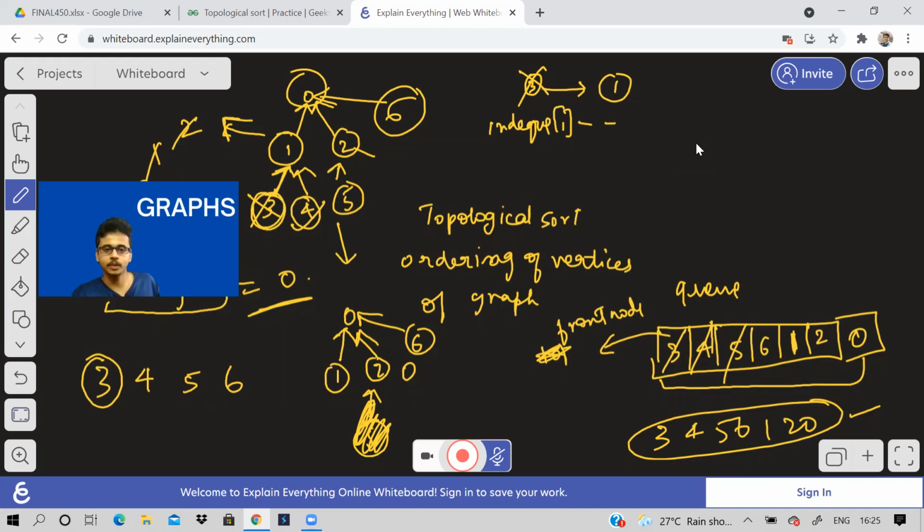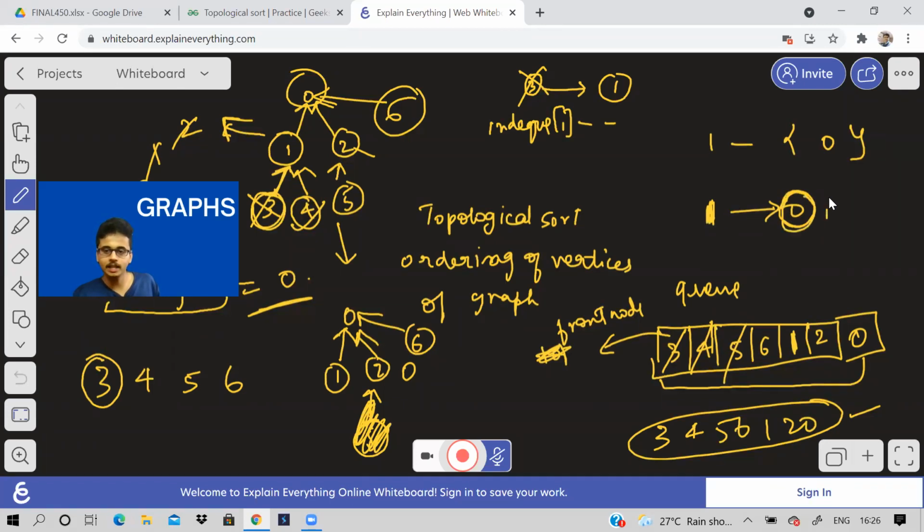Suppose, for example, adjacency list of 1 is going to be 0. It means there is an edge from 1 to 0, right? So for the vertex 1, I'll check which all vertices have an edge from 1 to that vertex.